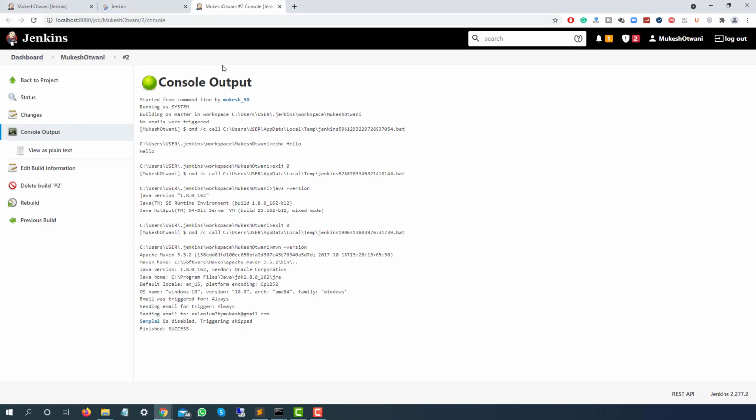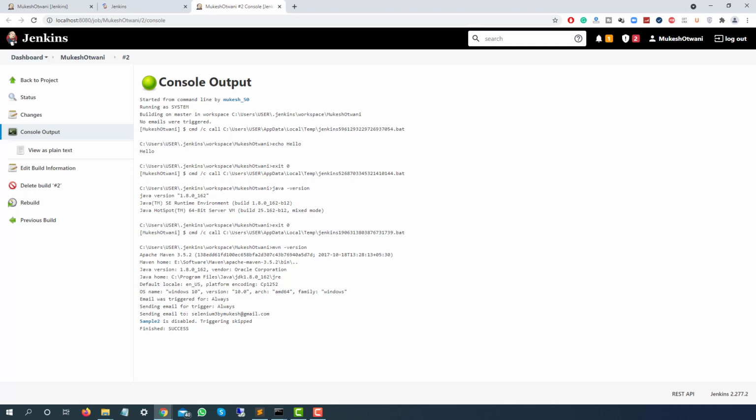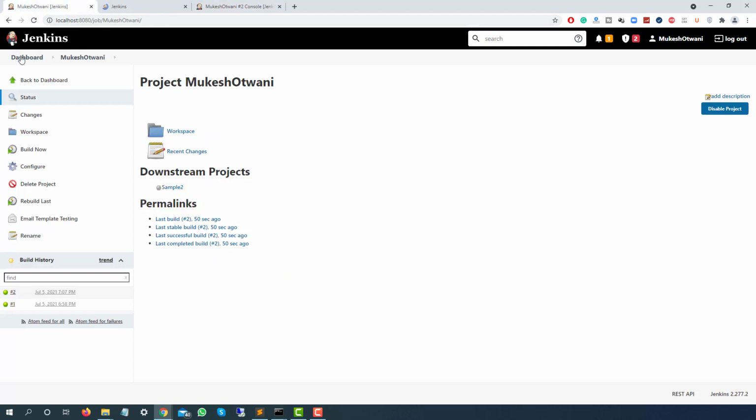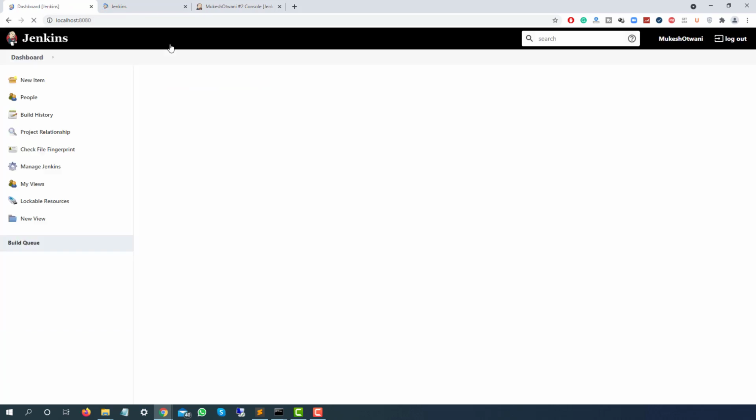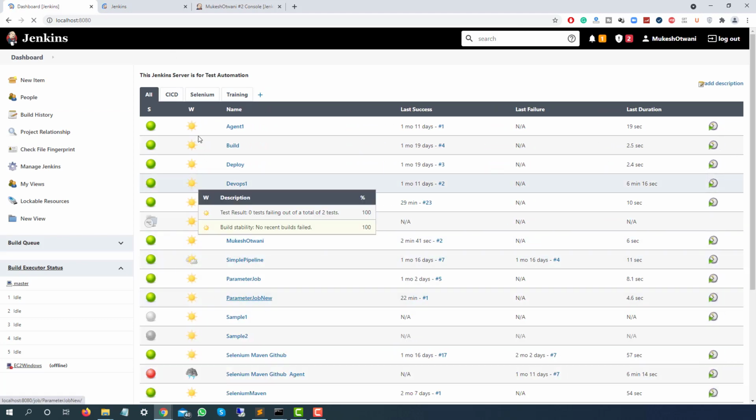The first job which I want to delete is Mukesh Otwani. Another job which I want to delete, which we created today, is parameter something, right? Let me get the job name that we want to delete. And yes, parameter job new.